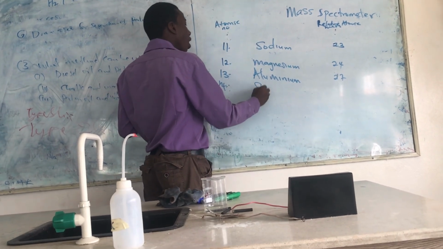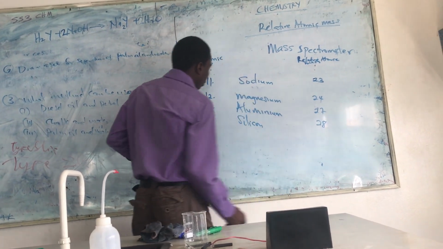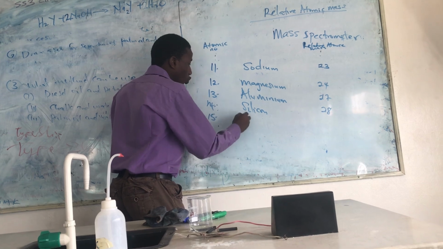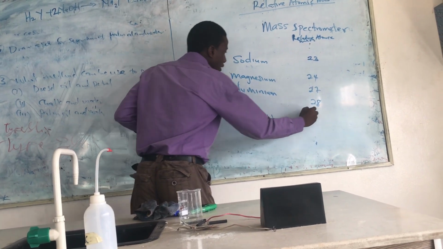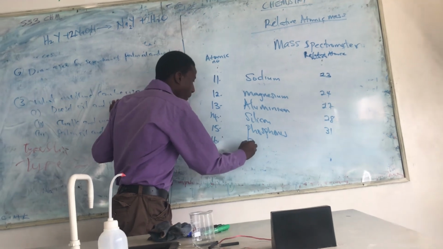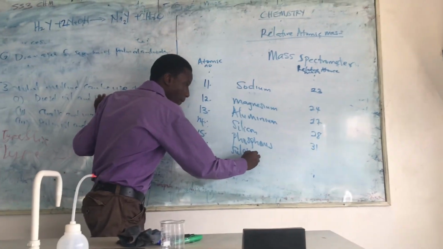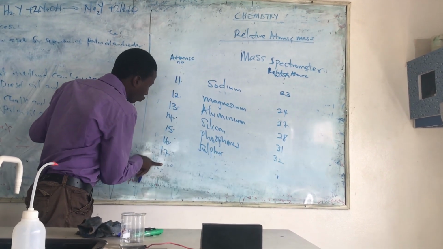For silicon, it is 28. For phosphorus, it is 31. For sulfur, it is 32. For chlorine,